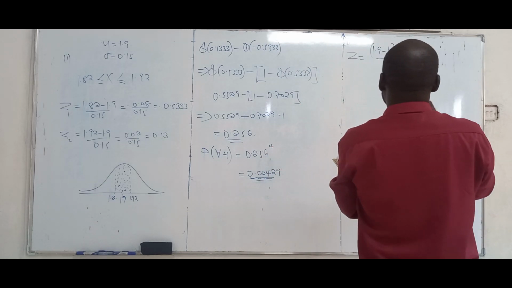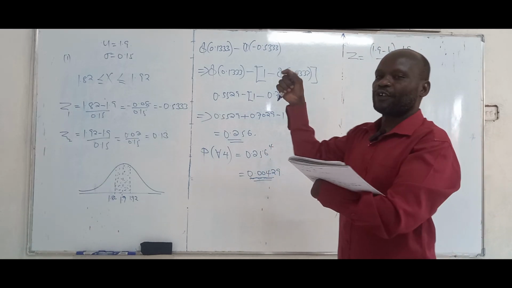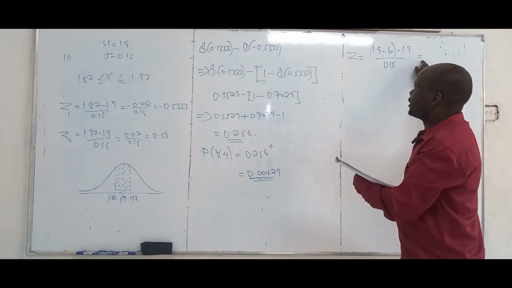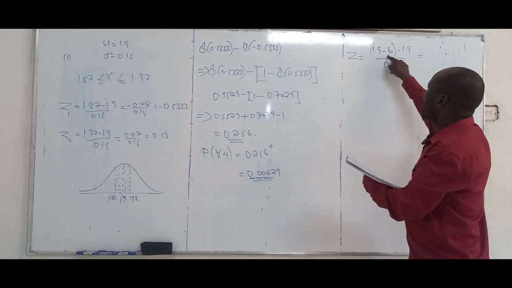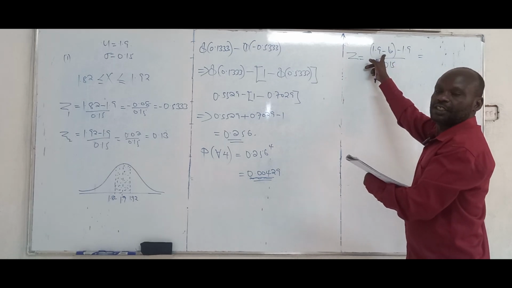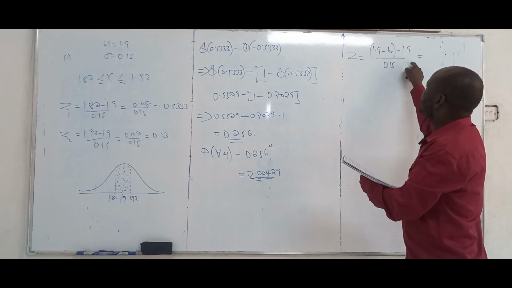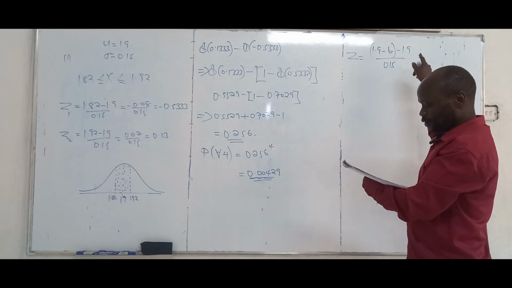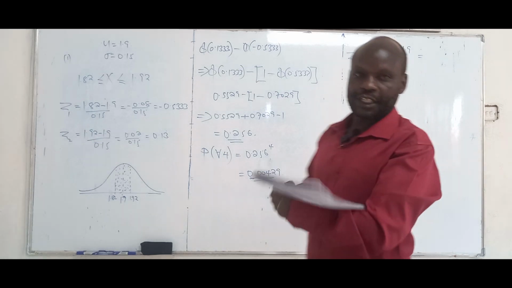So it means that we can use that probability of 80% to get the corresponding value of Z here, then work out the value of B. So the value that corresponds to 80%, we read it as,